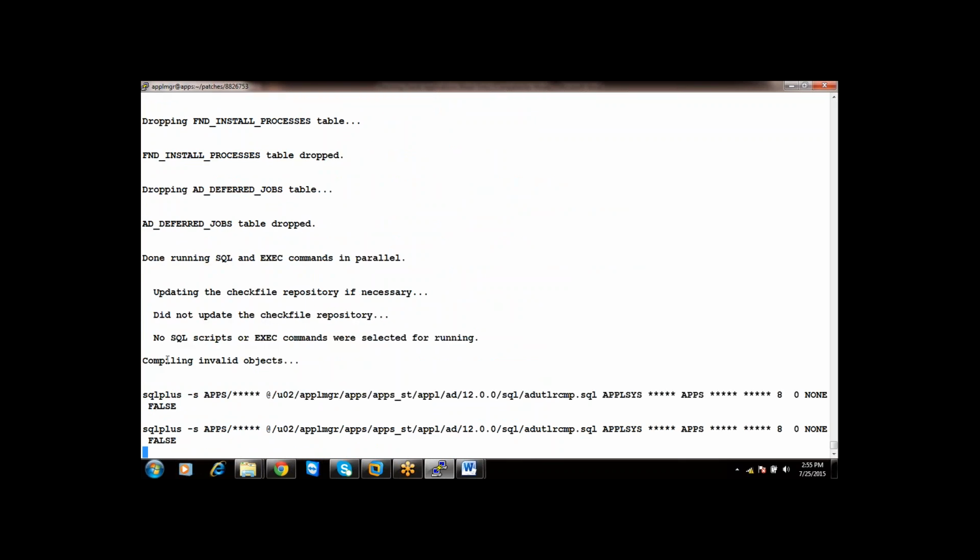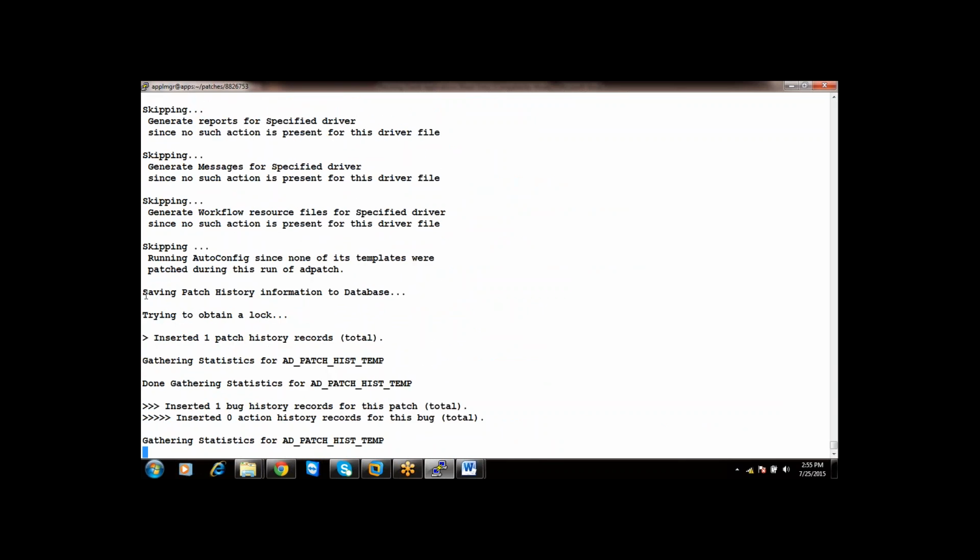It is compiling invalid objects. Have you seen?